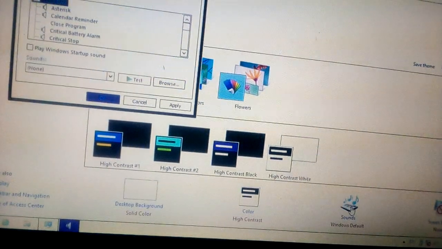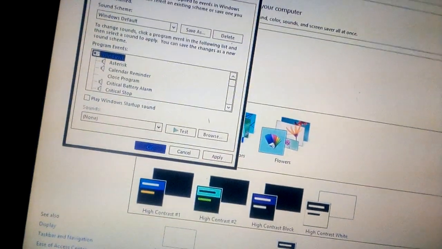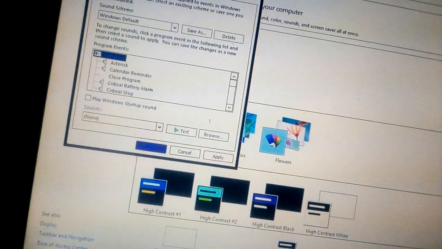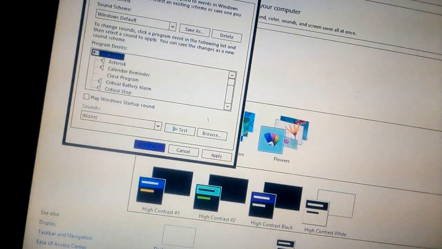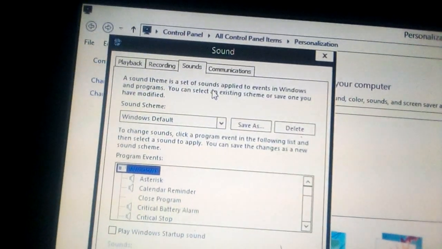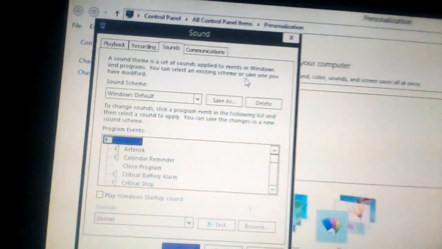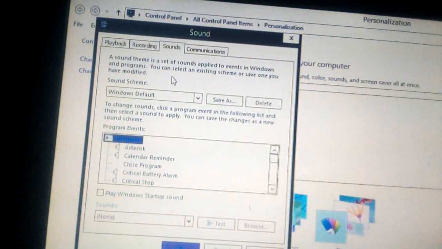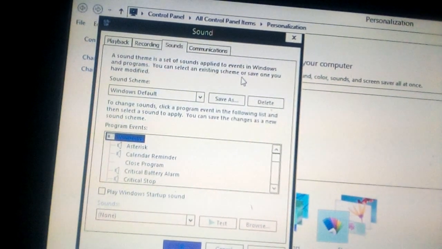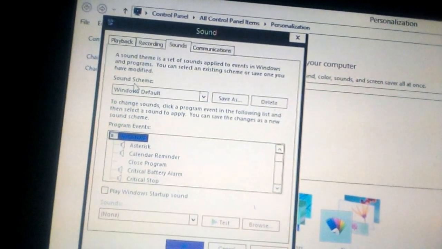Then we check our sound. Here it is also shown as playback, recording, sounds, communication. A sound theme is a set of sounds applied to events in Windows and programs. You can select an existing scheme or save as one you have modified.